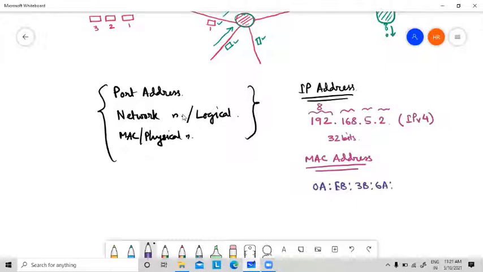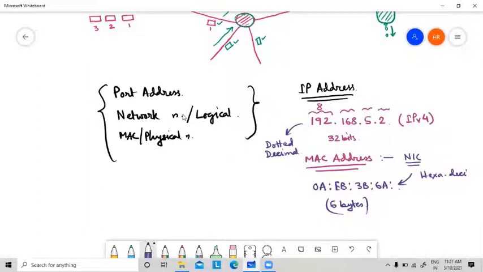In this way, a total of 6 bytes. This is called the MAC address. Normally this MAC address is written in our NIC card, network interface card, in hexadecimal format. And this IP address representation is called dotted decimal format.